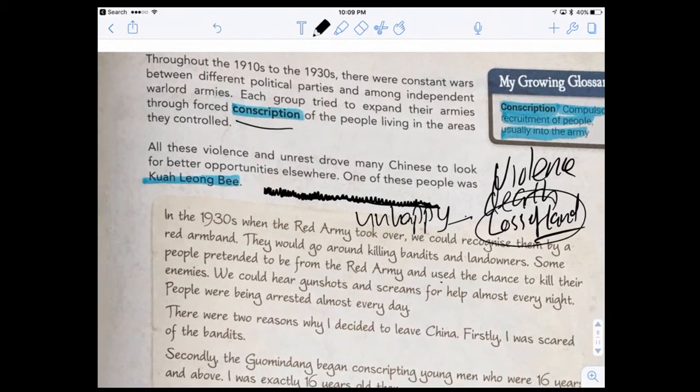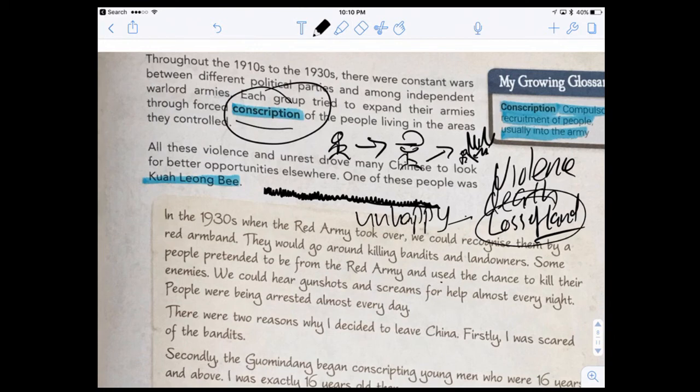Another thing is called conscription, so please highlight along. When you have conscription, that means that people have to go serve in the army. Right? You will become a soldier. But in this case, not like the Singapore army, when you become a soldier, you are immediately sent out into the battlefield. Okay, to fight immediately. If you are at the front of the battlefield, there's a high chance you will die.